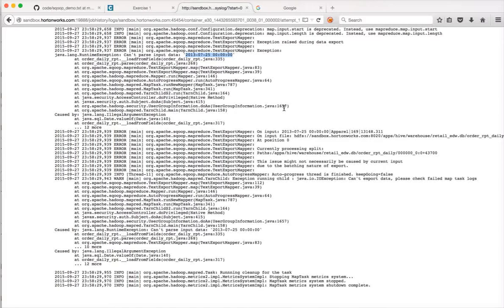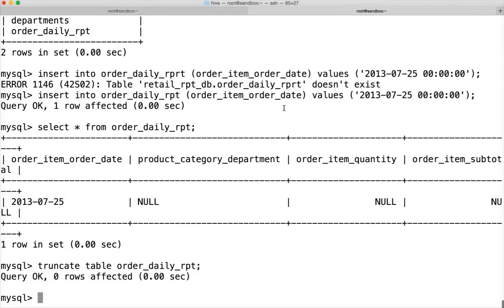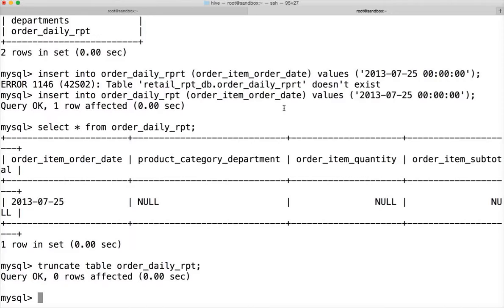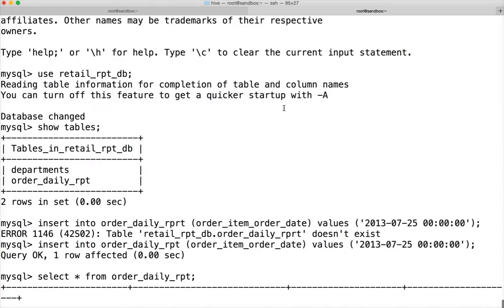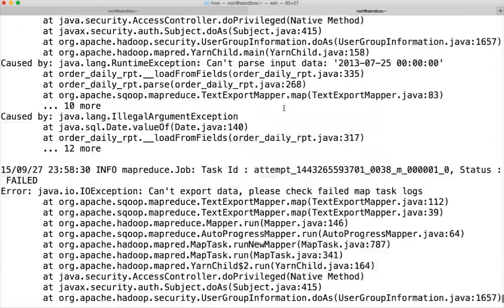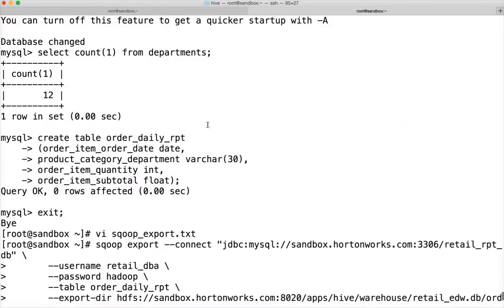It seems we cannot directly load. I will troubleshoot the issue later, but for now what I will do is drop this, or I will try to alter the data type of this field order. Let me recreate it. That will be easier for me rather than struggling with the syntax. So here I am recreating the table,